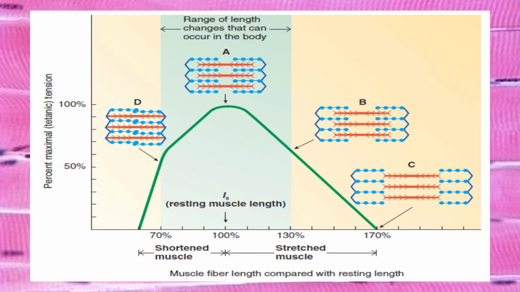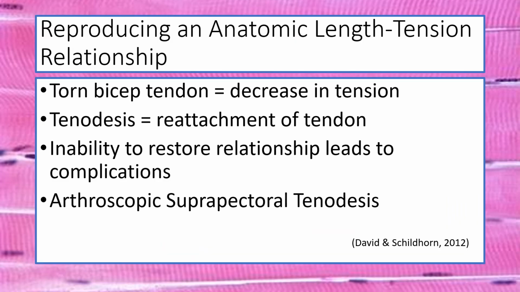Due to the skeletal structure of the body, muscles can only differ 30% from optimal length. Other measurements have been determined in a lab with muscle samples. The length-tension relationship is important for normal muscle function. When a muscle is damaged, such as tearing the tendon of a bicep, the muscle length becomes altered and the